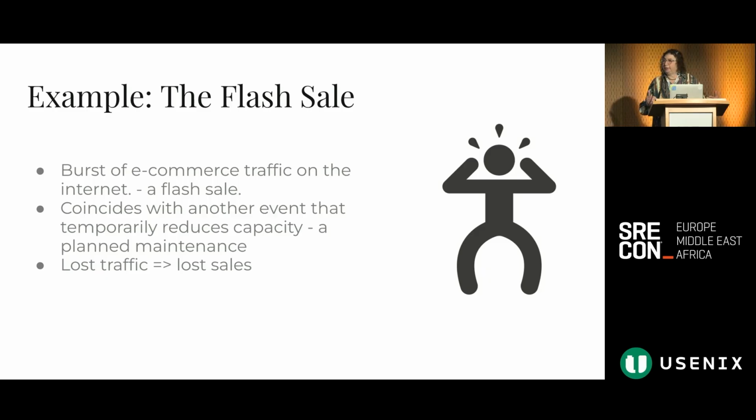And I'm going to motivate this with an abstraction of a real incident that I reviewed, but a common pattern that happens on the internet. Internet traffic is pretty spiky. It varies a lot over time. There's lots of reasons for that, but in the case that I'm talking about, there was a flash sale due to a product introduction.